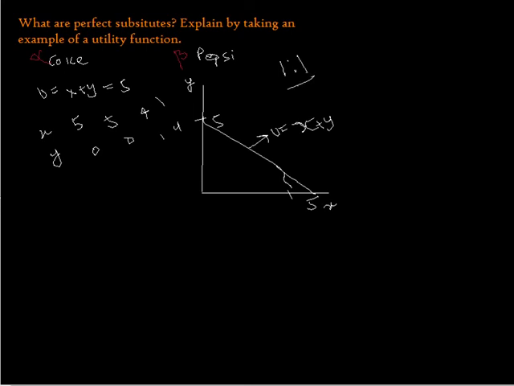of this utility function. So MRS for perfect substitutes would be del u by del x upon del u by del y. Okay, so that is equal to, what is del u by del x? It equals 1. What is del u by del y? It equals 1. And you just put a minus sign there, which justifies the negative slope of this indifference curve. So hence these are perfect substitutes.